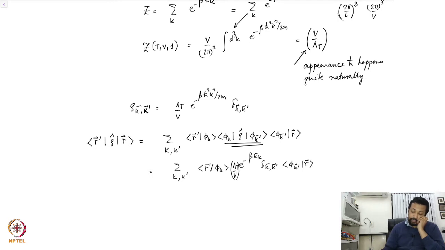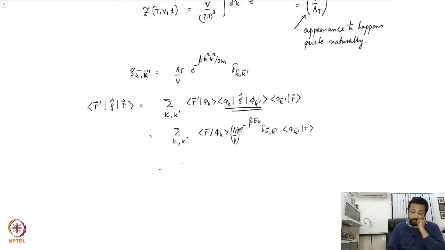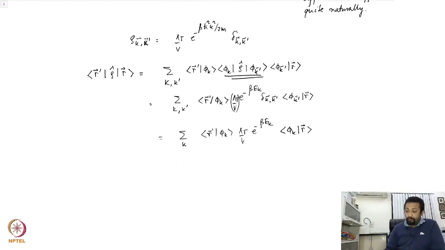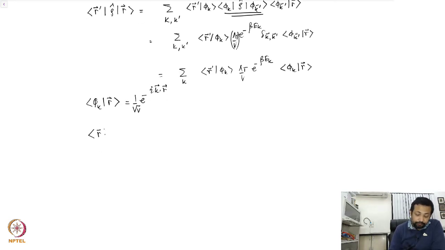So I can carry over one sum over k and take care of the delta function, so that I am going to have the sum over k <r'|phi_k> lambda_T over V e to the power minus beta epsilon_k <phi_k|r>, right? Now phi_k is 1 over square root V e to the power I k dot r, and its conjugate has minus I k dot r. So this sum is a sum over k, so I have lambda_T over V times